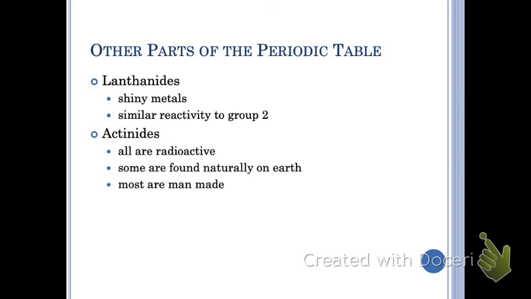There are 35 man-made elements. Okay, so write that down. Maybe highlight it. Like maybe it's going to be a test question. Okay, 35 man-made elements. They're kind of all over the board. Honestly, if you find elements that sound like they're made up, that means they're probably man-made, right? If you see elements like Californium, Americium, I don't even know how you say that, and Einsteinium, probably those are man-made elements.